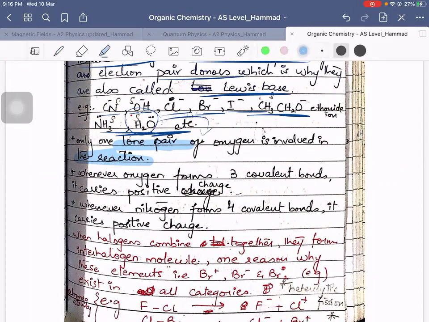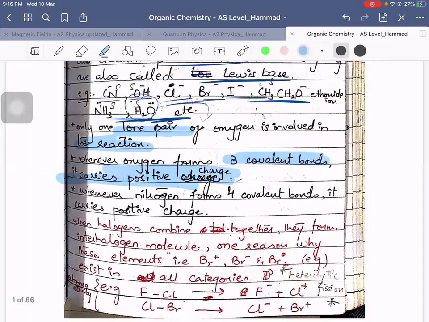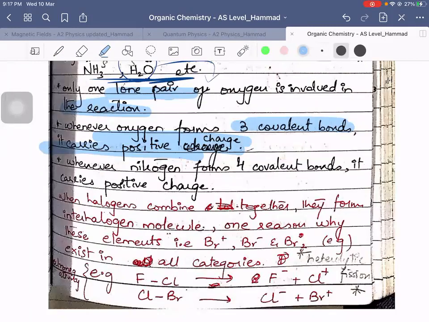Whenever oxygen forms three covalent bonds, it carries a positive charge because oxygen is in group 6 and can make two bonds. Nitrogen is in group 5, and can make only three covalent bonds. But whenever it forms four covalent bonds, it will carry a positive charge, which is unstable. Same goes for oxygen. Whenever it makes more than two bonds, it will have a positive charge, which makes it